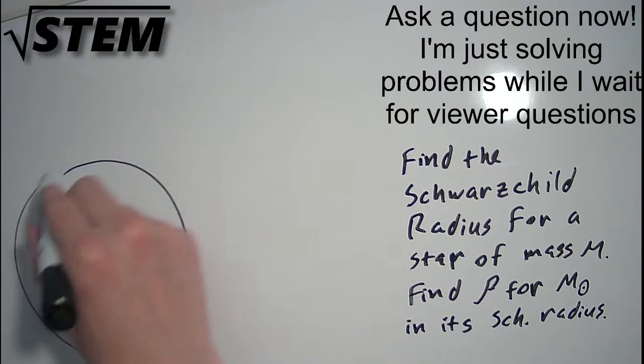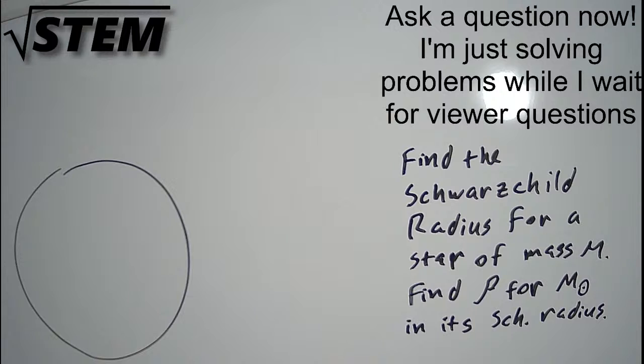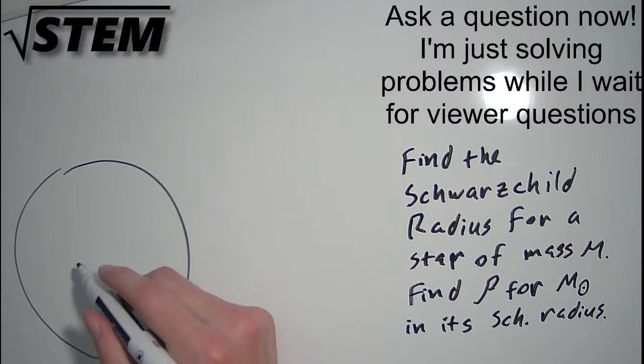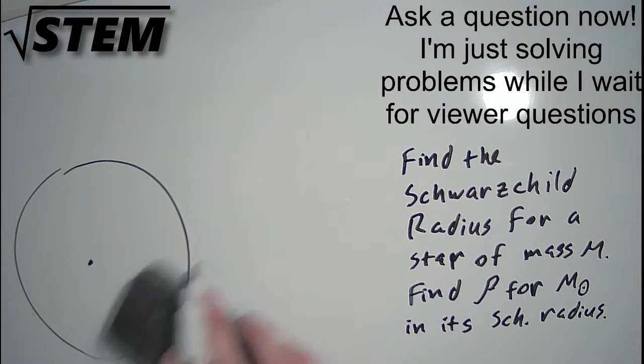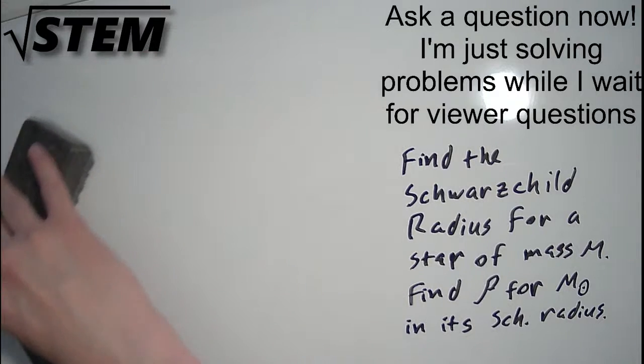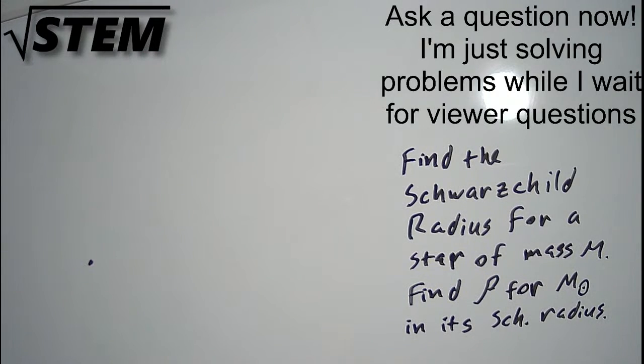So we could have a whole star, and then we'll say at the end of its lifetime it collapses into a black hole. So this black hole has a certain radius around it,